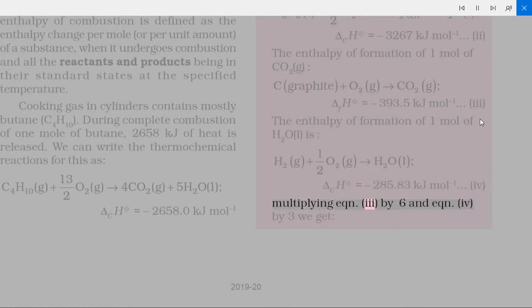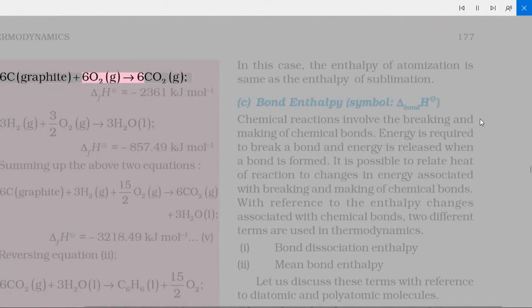Multiplying equation 3 by 6 and equation 4 by 3, we get 6C(graphite) + 6O2(g) → 6CO2(g), ΔfH° = -2361 kJ mol⁻¹, and 3H2(g) + 3/2 O2(g) → 3H2O(l), ΔfH° = -857.49 kJ mol⁻¹. Summing up the above two equations, 6C(graphite) + 3H2(g) + 15/2 O2(g) → 6CO2(g) + 3H2O(l),